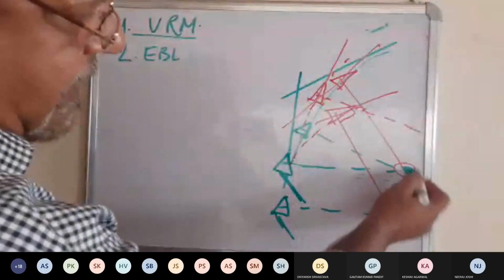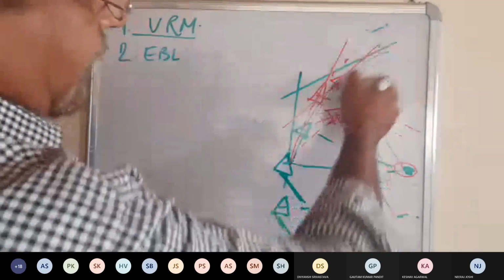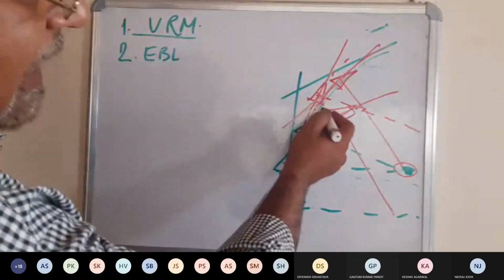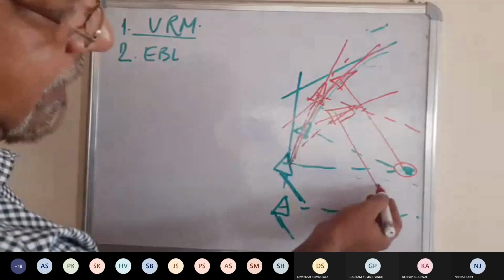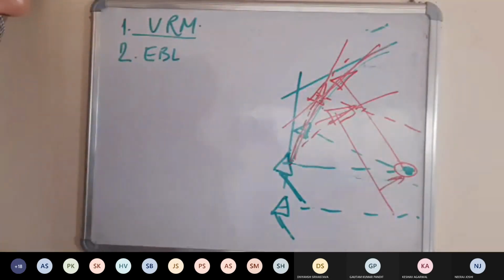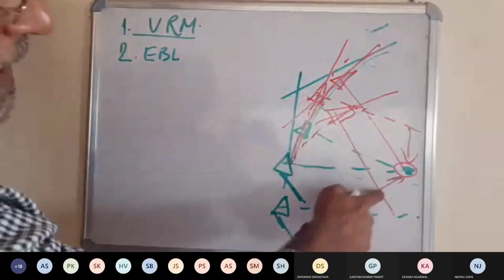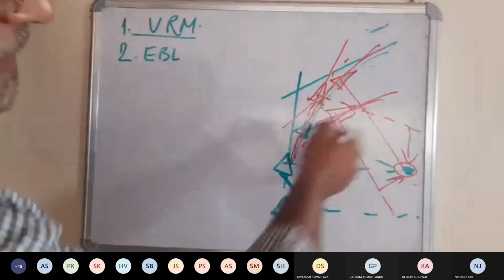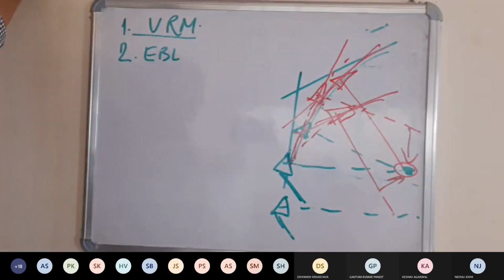That means if we are maintaining it at 90 degree, we should be moving on this track. अगर इस ट्रैक से बाहर होते हैं या भीतर होते हैं तो बेरिंग या तो कम हो जाएगा या बढ़ जाएगा. बढ़ जाएगा कब, अगर बाहर जाने लगे। कम हो जाएगा कब, जब भीतर को जाने लगे। अंडरस्टूड? सर, ये हम दोनों साथ में भी कर सकते हैं ना, VRM और EBL। एकदम कर सकते हैं।